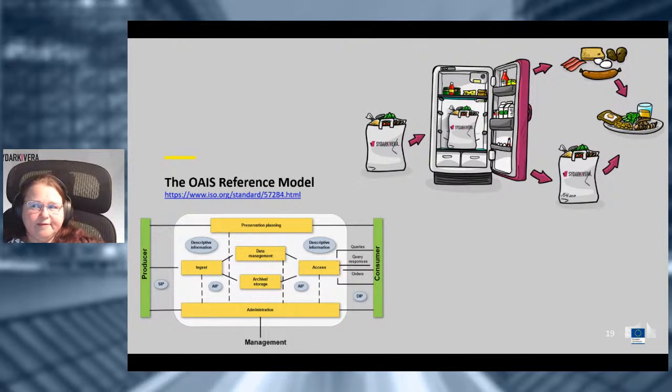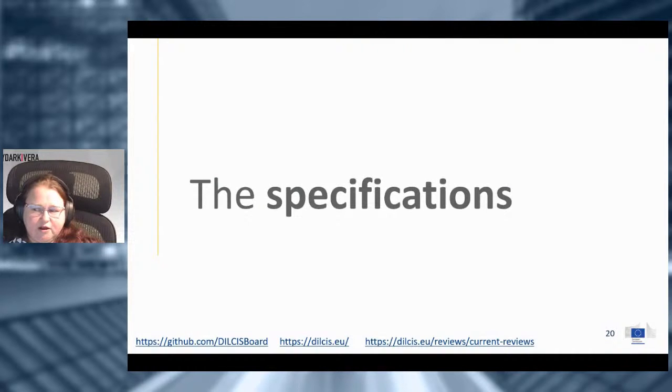Or I can pick parts and pieces of different archival information packages to create my meal. So that's really what we're doing. We are just grocery shopping and having a lot of stores to choose from. So that's the basic. That's where we're starting off. To order the chaos, we are using specifications. And you have a number of links, and as said before, you will have access to the presentation and all the links afterwards, because it's a lot of links that we have to handle.